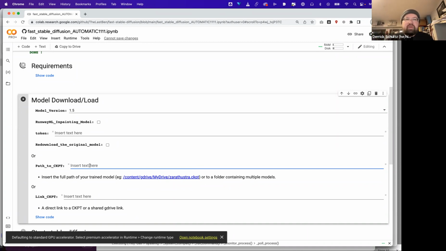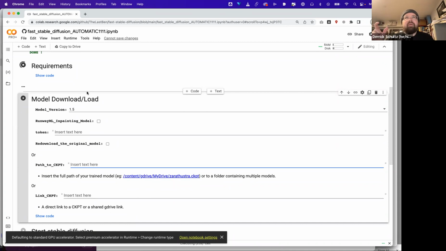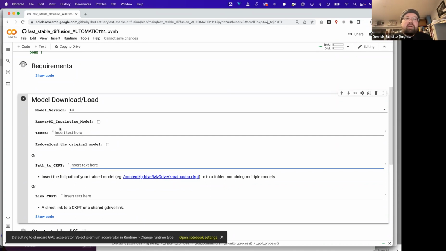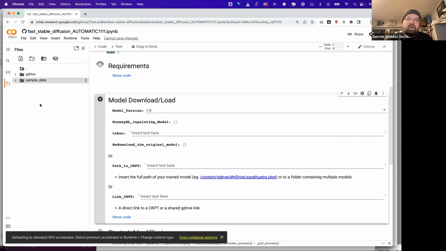So earlier this week, I was trying to just sort of do some testing. And of course, because that model is so large, you need the high RAM setting turned on. I found that this kept crashing and I couldn't figure out why. It is because I was trying to load that old model. So what I might recommend we do for this last step where we load in the model is actually grab the